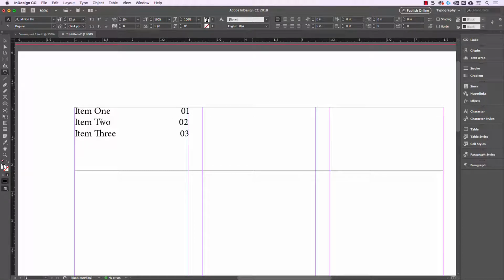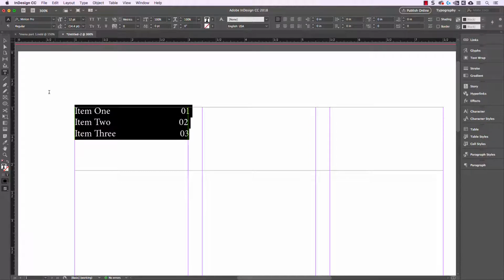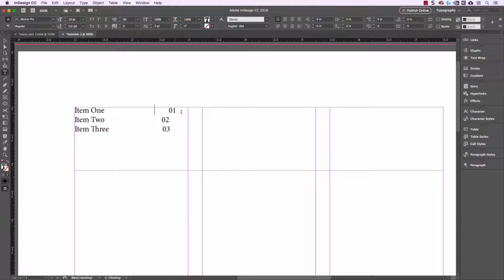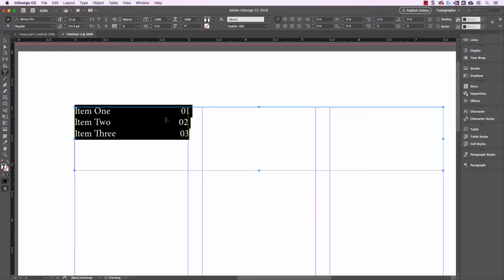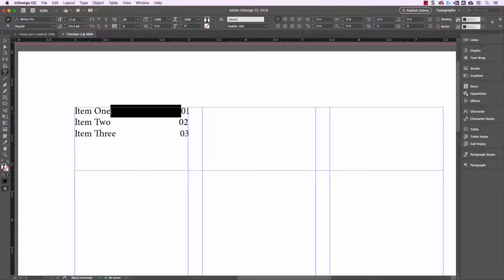That's because a lot of characters are not the same width as other characters, so you're always going to end up with this issue. Not to mention, if I adjust the font size of this, now I'm going to have to go back and fix the spacing so that it is correct to that font size. So this is really not the right way to work, and you definitely want to avoid using the spacebar